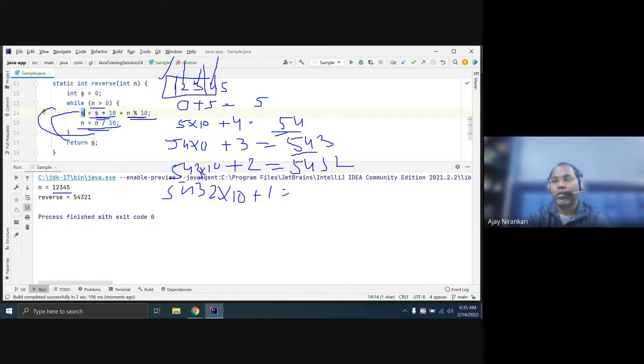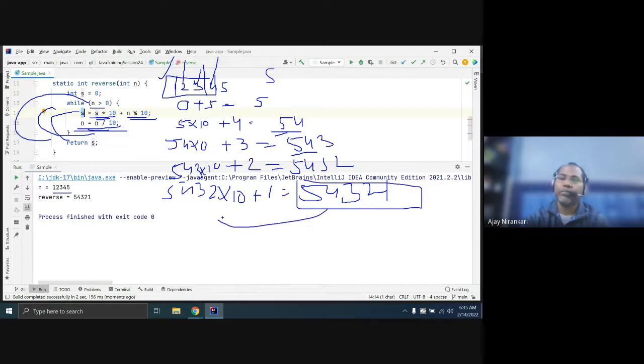Next you are getting your 5, 4, 3, 2, 1. Again you are dividing number, number becomes 0, you are out of loop. So this is your S. So you just return this S. Now you are getting the reverse.